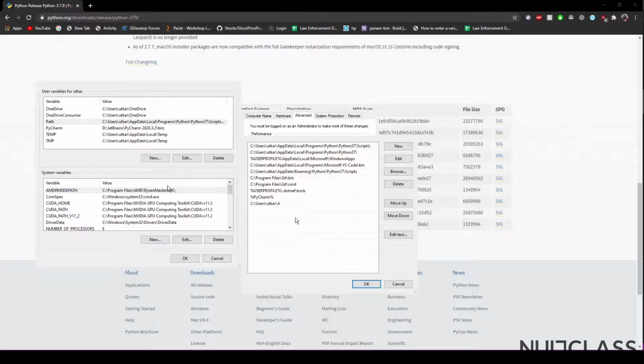Here you'll just need to add Python's location, and for that you'll need to search Python in the taskbar's search bar, right click on that and click on open file location.